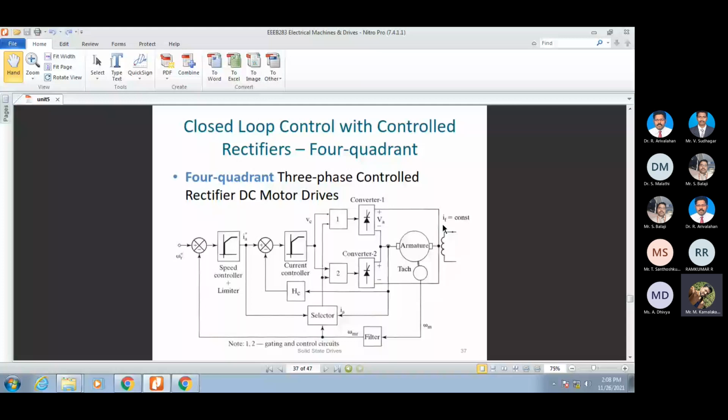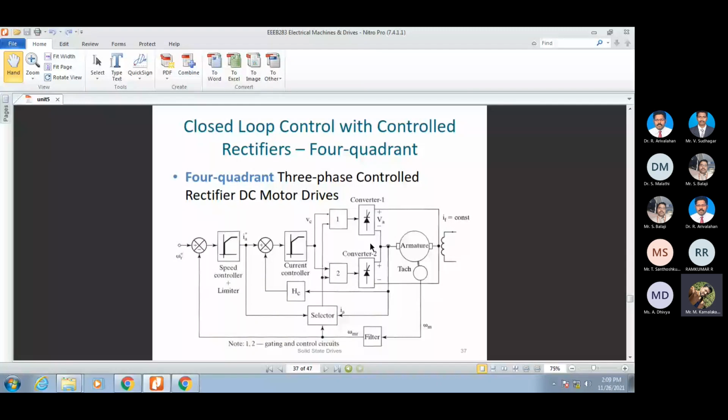That's why in the diagram it is clearly given the value of the field current that is made constant. So there is no field weakening method of speed control over here. We are only going to do armature voltage type of control. That's why we have the outermost speed control block and the innermost current controller block, and everything remains the same. The only difference is that for a 4-quadrant operation, instead of using 1 converter, we have to use 2 converters.